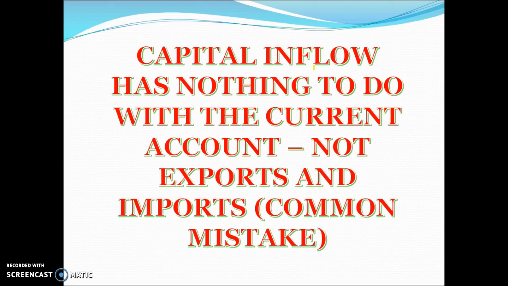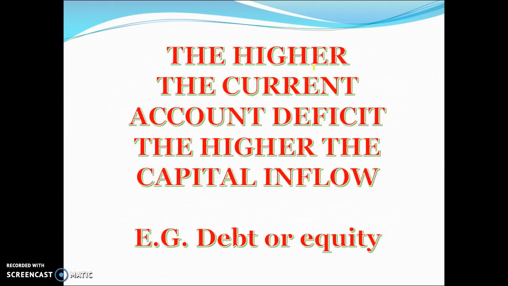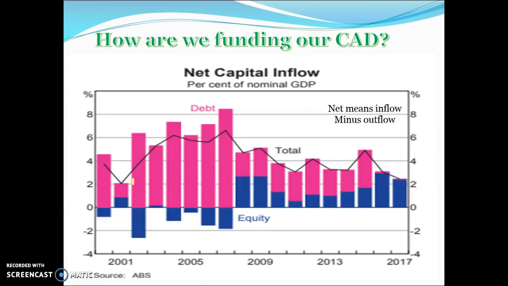So if you look at this table, for example, or graph, you can see here that net capital inflow is inflow minus outflow. Because the pink or the purple are all in positive figures, that means that in that given year we are borrowing more than we are lending. Capital inflow from borrowing exceeds capital outflow from lending, and even though it's only been a slight difference in recent years, net foreign debt's still increasing. In these years here, net foreign debt was increasing substantially, and then it started to slow down after the GFC